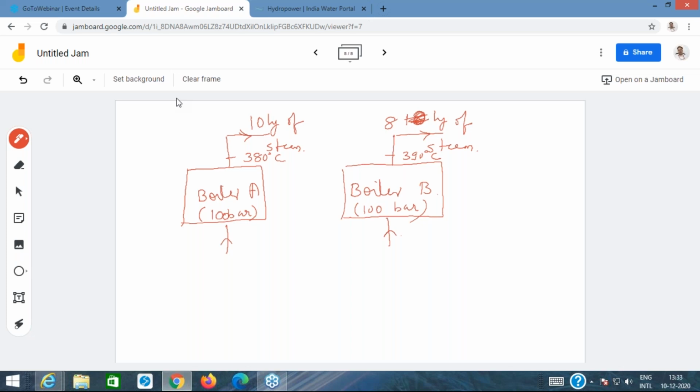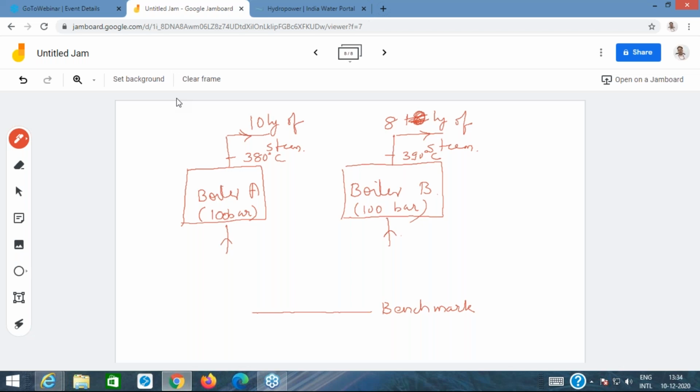So, what I mean to say is that when you want to compare the two boilers, the point which I'm trying to make is, if you want to compare the two boilers, then we need to compare them on a common benchmark. The benchmark has to be common. You need to bring these two boilers to a common condition and then you can talk about comparing them. Otherwise, it becomes very difficult to compare the two boilers.